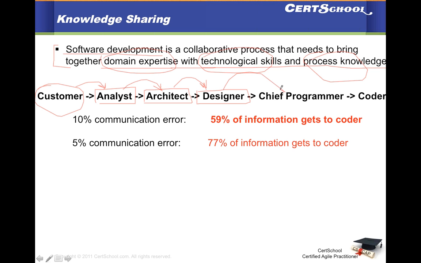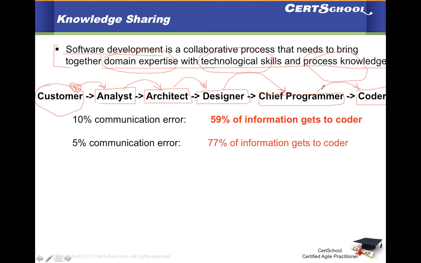The designers then go to the chief programmer or tech leads, who have the teams and resources to do testing, development, deployment, and all those kinds of things. The leads then talk to the actual programmer